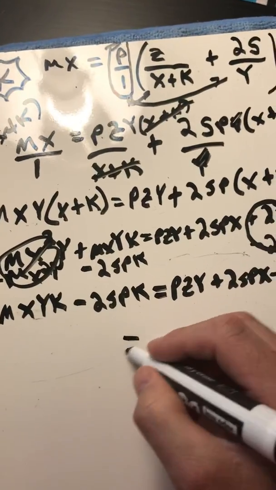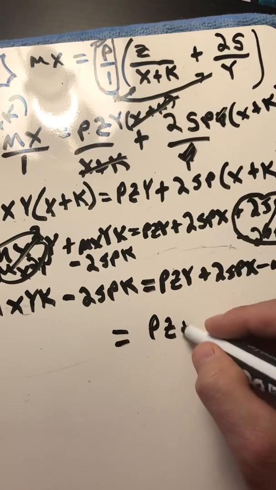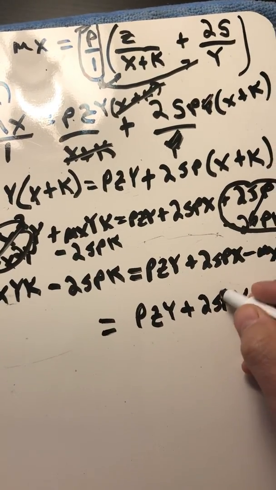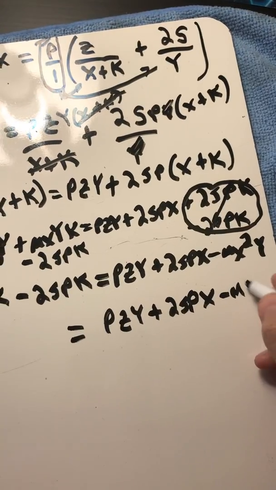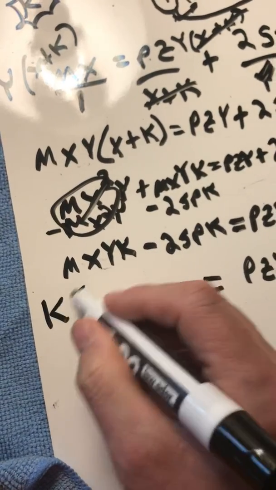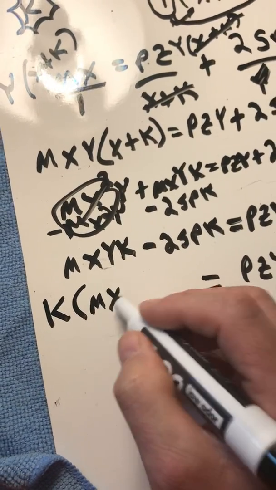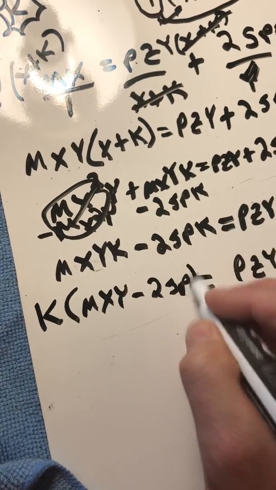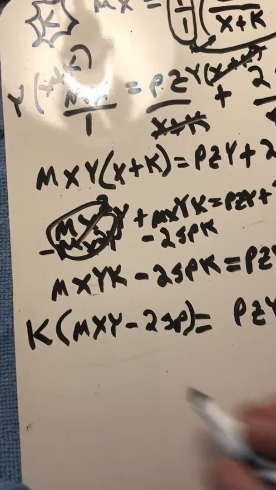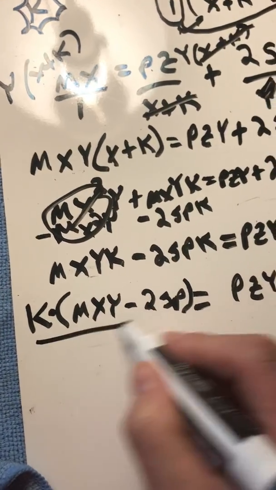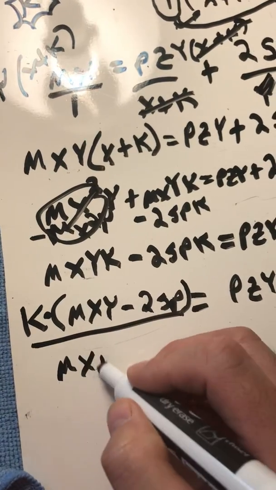Okay, so on this side, we still have PZY plus 2SPX minus MX squared Y. On this side, we factor out the K from each side. Factor out the K. MXY minus 2SP. Okay? Now that the K has been canceled out and it's K times the parentheses, you can divide by the parentheses